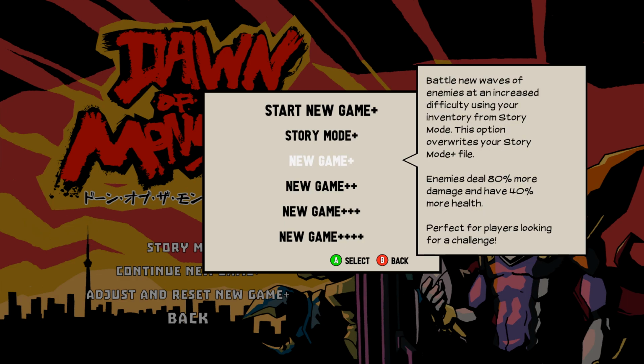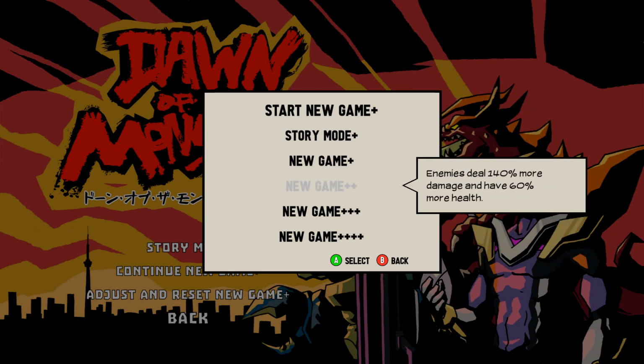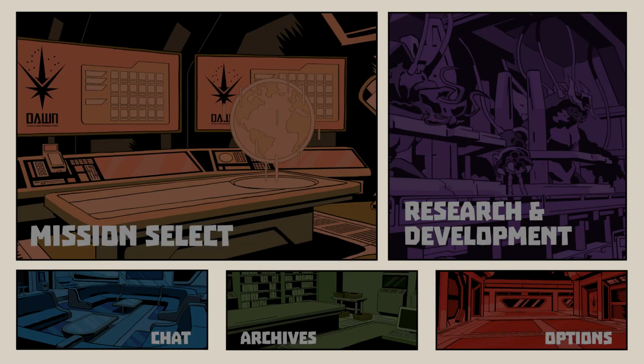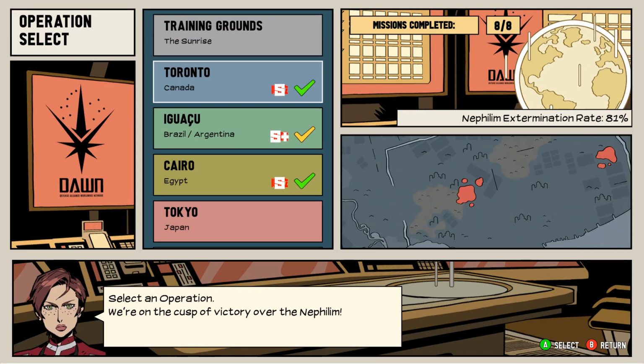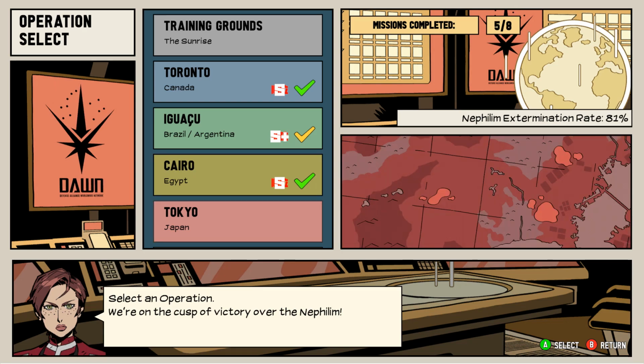So I've beaten the game twice. I did this mode, and I did this one. I haven't done this one yet, but we'll go ahead and show this off. It's pretty much the same thing. The enemies scale up. There don't seem to be any new tiers of perks. There's no new perks either, so I think right now it's kind of interesting because, in a way...